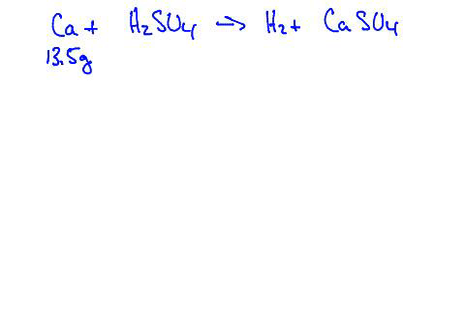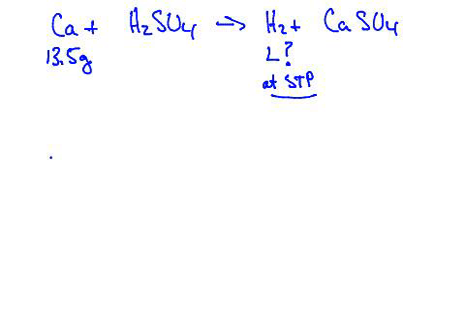I want to convert to liters of hydrogen gas. Now, one thing, it doesn't give us any sort of conditions. It doesn't give us a pressure or a temperature or anything. So it's a pretty safe assumption that this is going to be at STP. Normally it'll tell you that. It'll say at STP, or it'll give you some temperature and pressure. Since it's not there, just go ahead and assume STP for today.